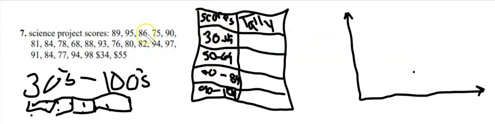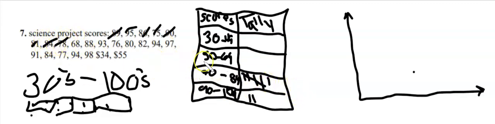If you wanted to see more range of the data, then you would just make your intervals a little bit smaller. So now every time I go through one of these, I'm going to mark it out and put a tally in the box where it would appear. So 89 would go here. Then I have 95, I have 86, 75, 90, 81, 84, and it goes across like this,